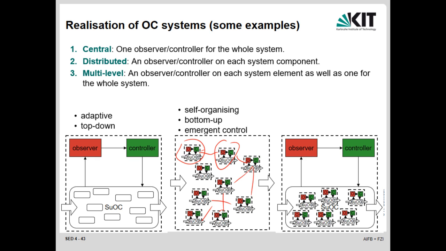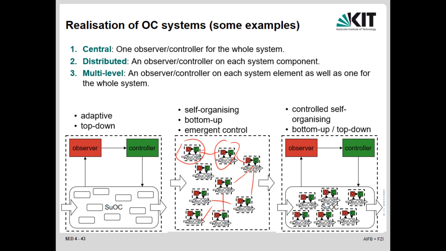Or you could have something which is a mixture. You have certain intelligent agents, or we had in our organic smart home the devices which have small observers controllers, and then we have a global observer controller on top of that, or you could again have some more generic